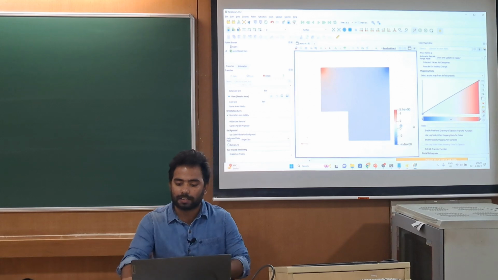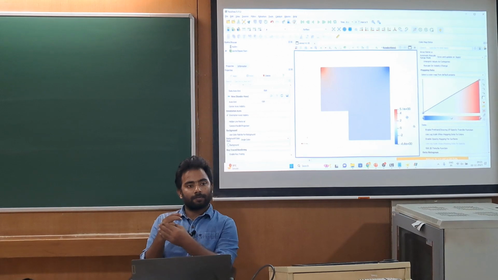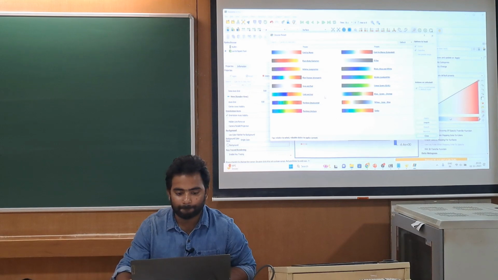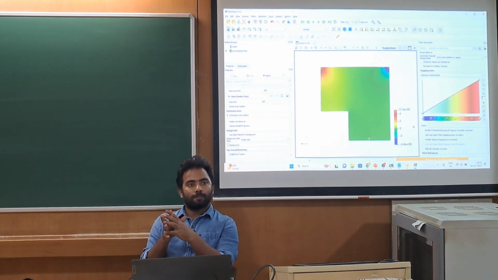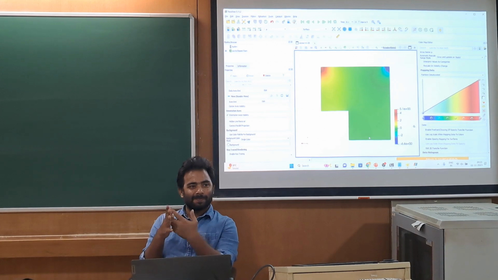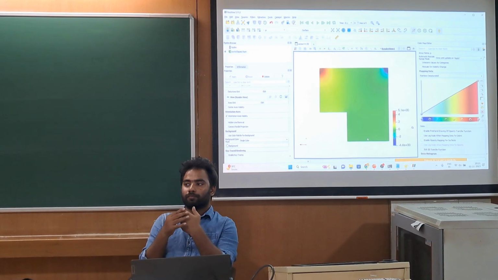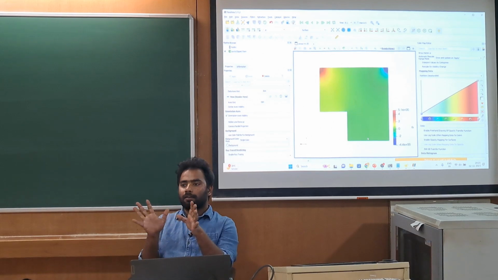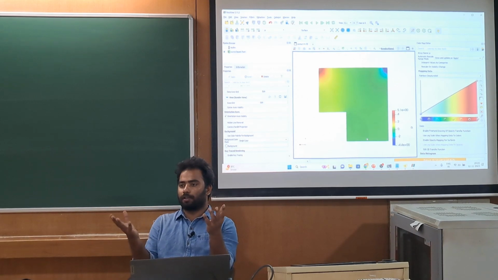Okay, so this text color should be in black. Everyone has done? Now I think we can understand what is the zero folder, constant folder and system folder.